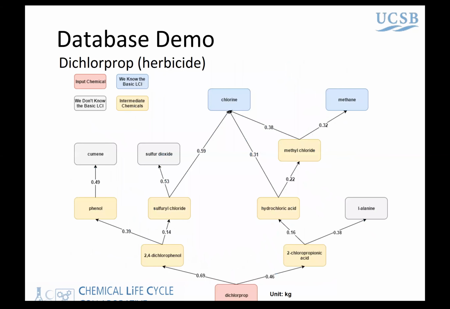So here I just want to show you one demo example of how we use our current database. We selected one of the chemicals, called dichloroprop. It is a very common herbicide, used quite often in agricultural products, and this chemical has some level of toxicity. For example, if our user wants to generate a life cycle inventory for dichloroprop, and